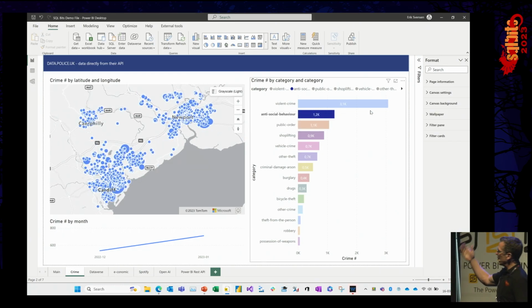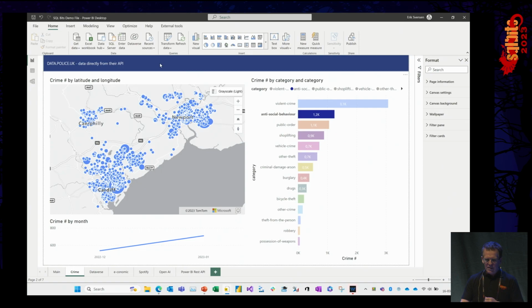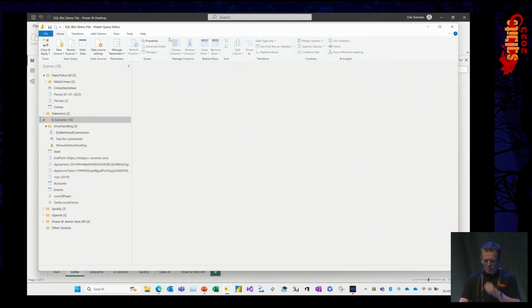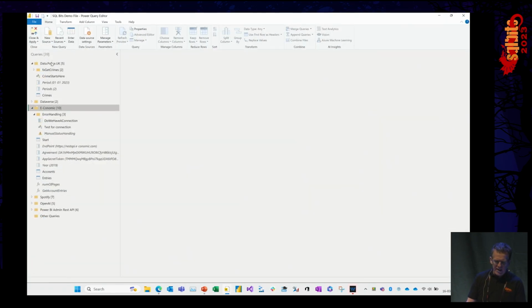We can filter it down, and I can zoom in. It's not the exact location, but the approximate location. Now, how did I get this data into Power BI? Well, we have to switch to the Power Query Editor, and